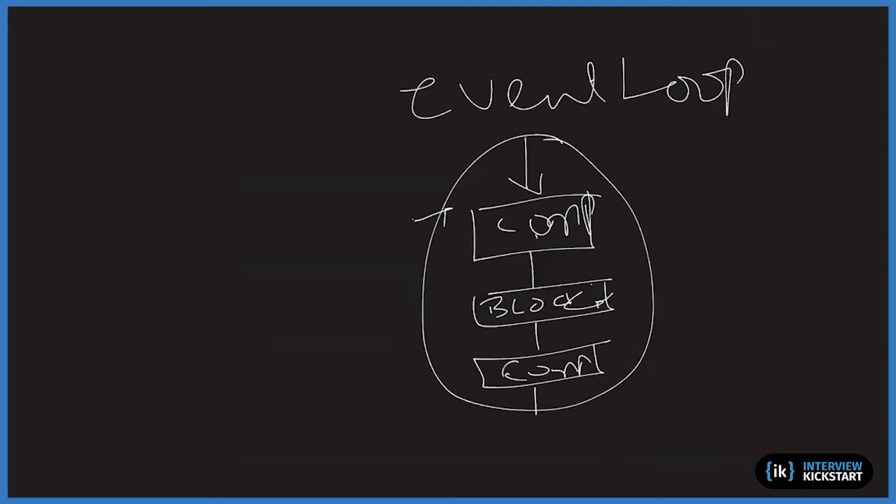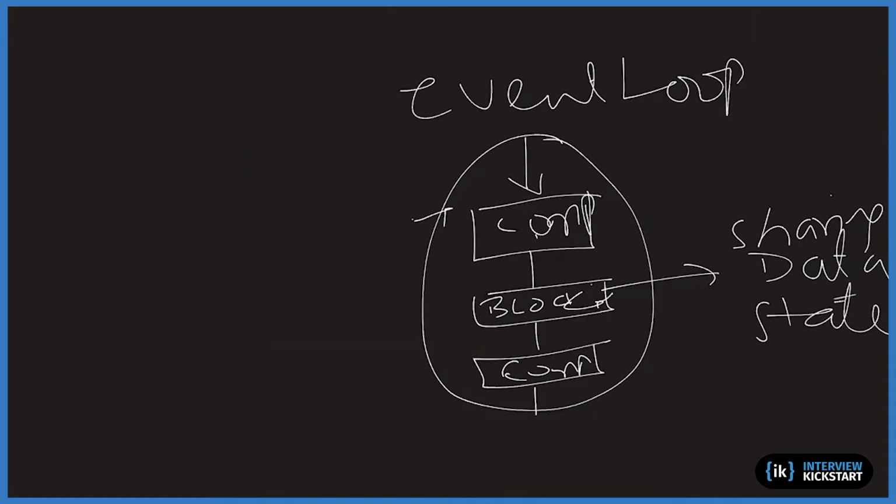So you do some computation when the event arrives. You block for some reason. It could be because you are sharing either data or state. State meaning you're waiting for some other thing to arrive, for example, data arriving in a hardware interface, or you may be sharing data with another event loop itself. So this blocking basically, when you look at the performance here,